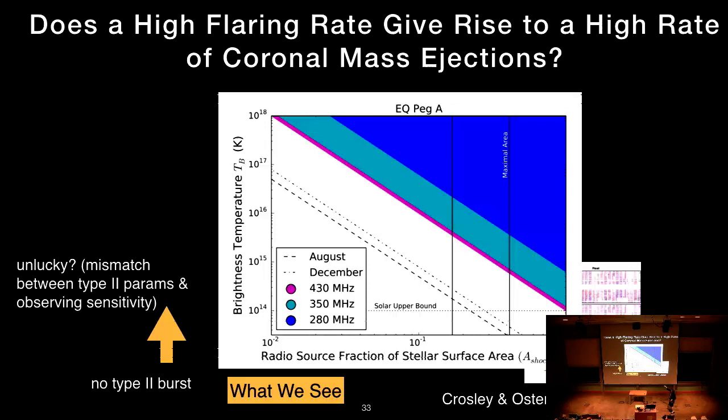These are the regions where those bursts that we did identify were much lower significance than the assumptions that I'm making over here. So that's why they sort of stick out over here. And from some of the modeling that Michael did of how this CME might be evolving in time and the frequencies that we're using to observe, we can constrain the maximal area that we might have been sensitive to. And so, yeah, it's possible that the type 2 bursts might be happening, but they're an extremely small fraction of the size of the star.